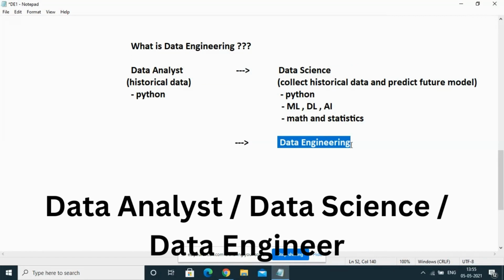raw data. A data engineer always deals with big data. That's why you have to remember big data. As a data engineer, we should deal with big data solution provider services, because they are going to deal with big data. Now, how to handle big data, how to store big data, how to process big data, how to scale big data, we should know these